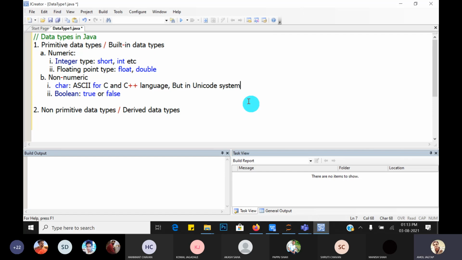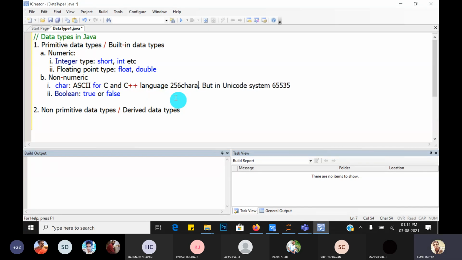Almost 65,000, I think 65,535 characters exist in the Unicode system in Java. So this much character set is available. But in C and C++, we know how many characters are available.